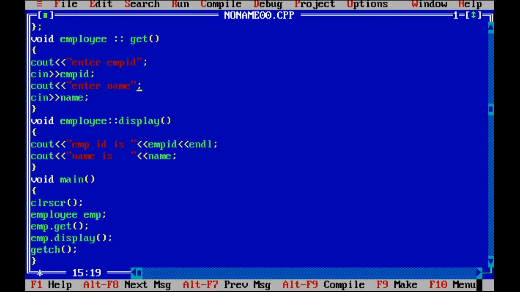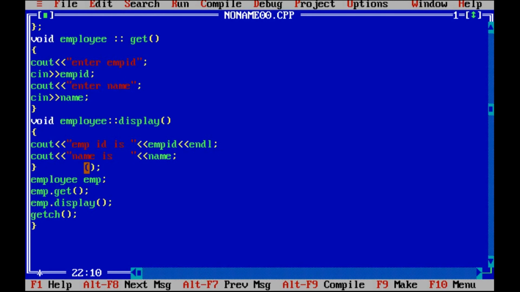Now students, if we want to define these member functions inside the class, then what we have to do, we have to delete these function definitions.